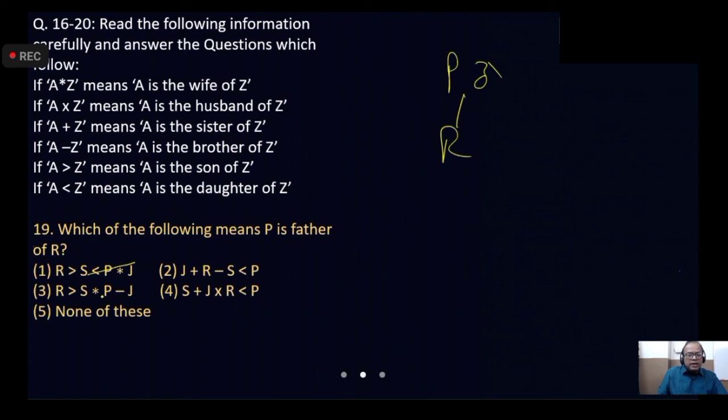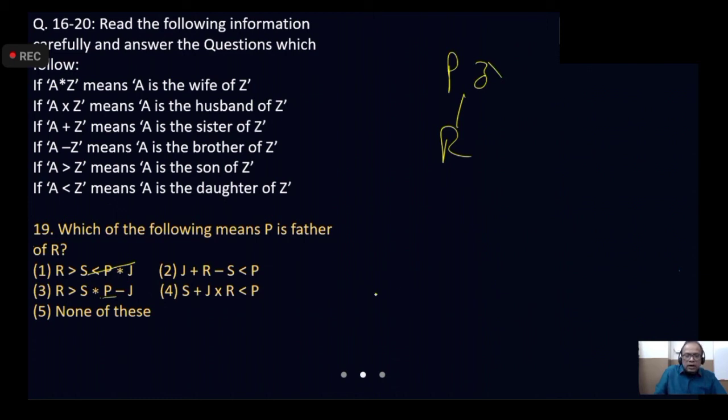Here P is there. After that minus is there. Brother. Yeah, this can be possible. Then here also we do not have. So the best thing when you have a situation like this, you verify something which is proving that he is brother, or male. So let us work on choice number 3 first. Which choice we have to work first? That is also an intelligent decision, right?